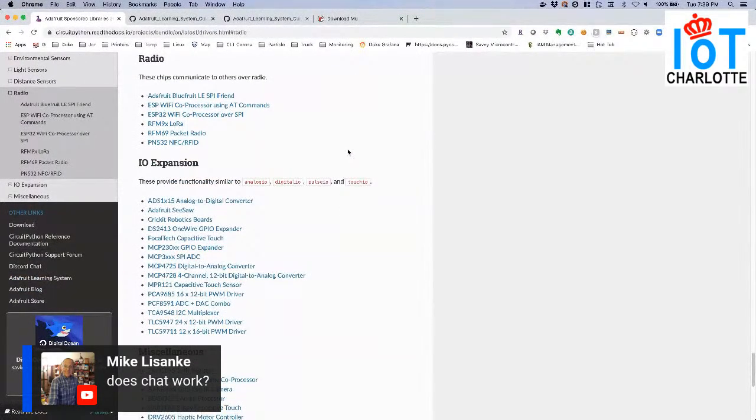You've got support for LoRaWAN, both the RFM95 and the 69. This is really cool. The ESP32 has code that runs on the device itself, but then there's also firmware. You can burn it to an ESP32 and make your own AirLift, which is way cool. And obviously you've got the Bluefruit.